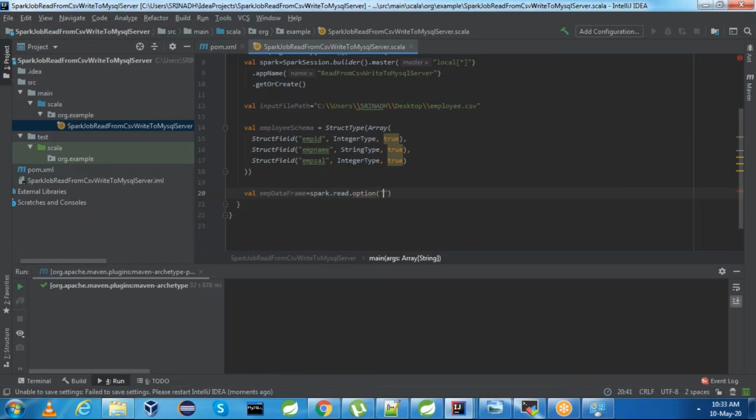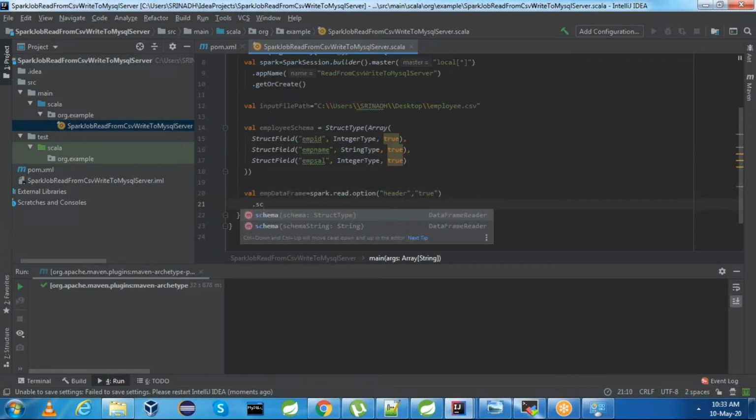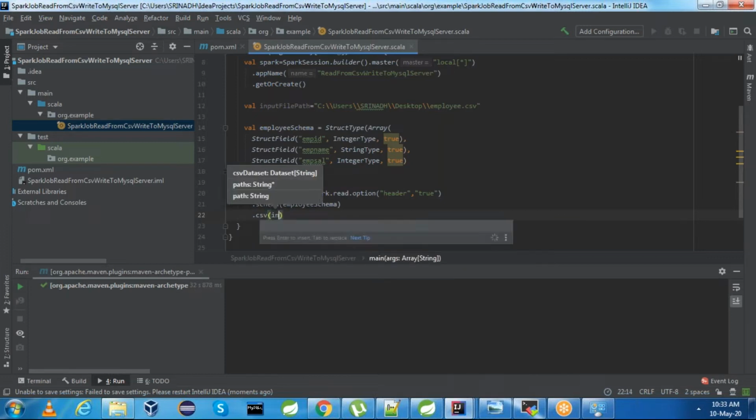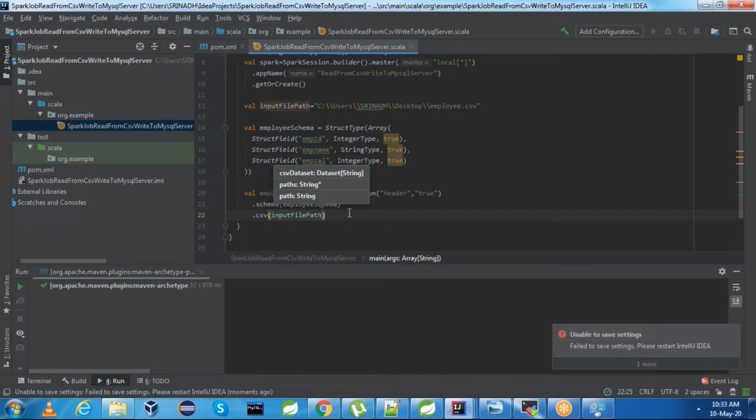In the option, I will mention header as true, and then schema. Our schema is employeeSchema, and then I will mention the CSV path. CSV path is the input file path.